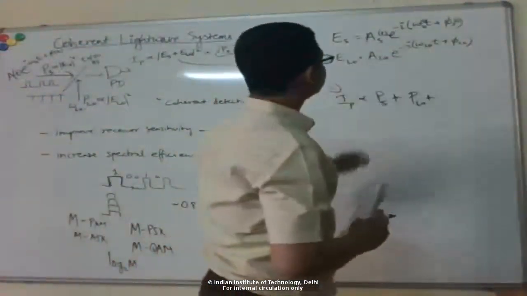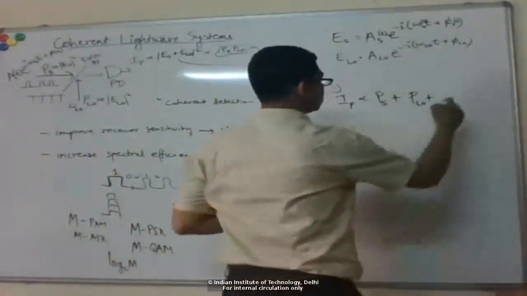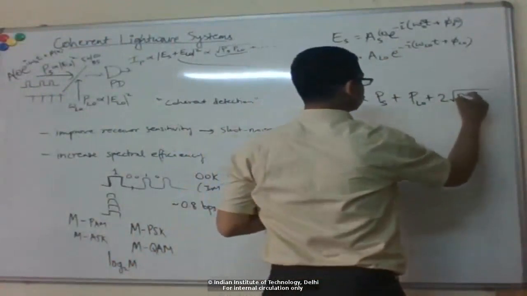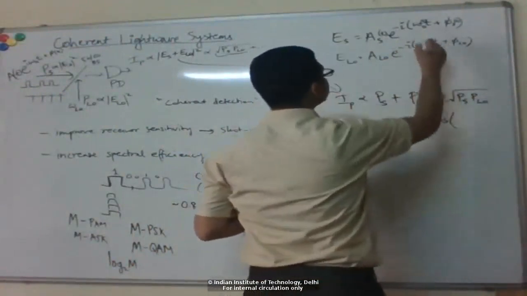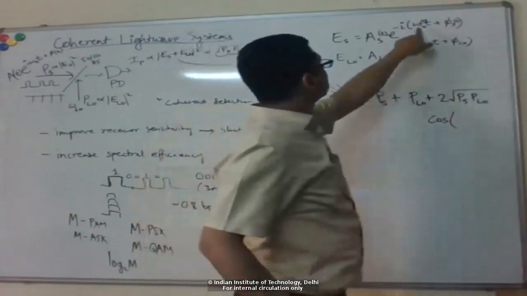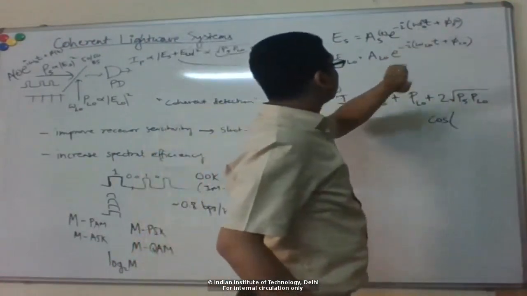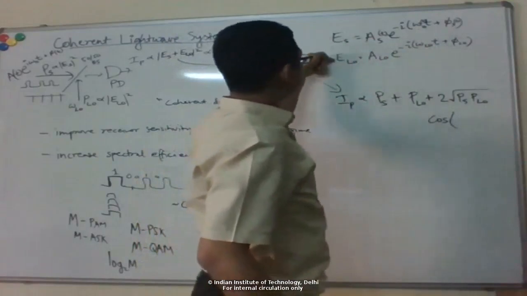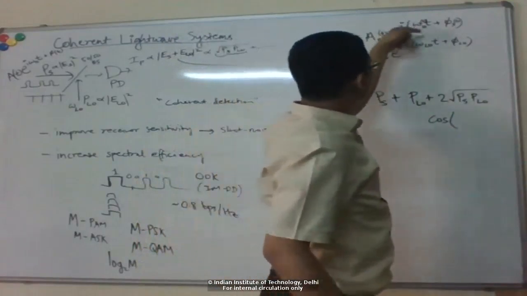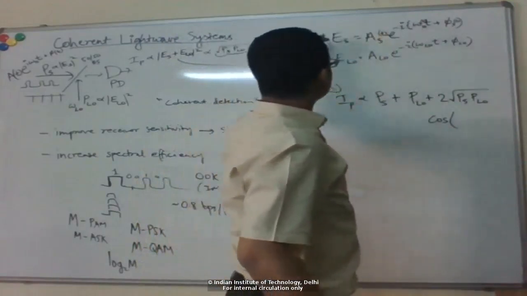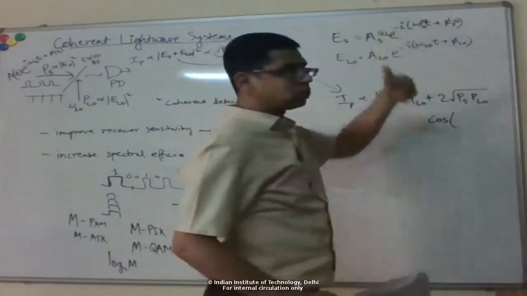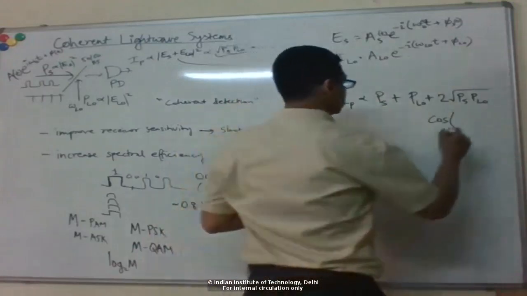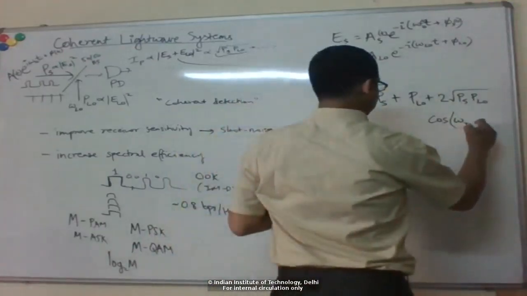Using these two expressions, you can see that basically what I'll get is a cosine of the frequency difference between omega naught and omega LO. So when I take ES ELO conjugate, I'll get omega naught minus omega LO, and the other way around, I'll get the conjugate of that. So when I add those two, I'll get a cosine. So I can write this as